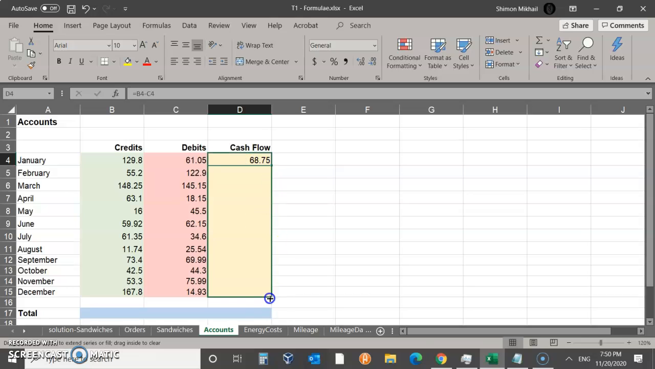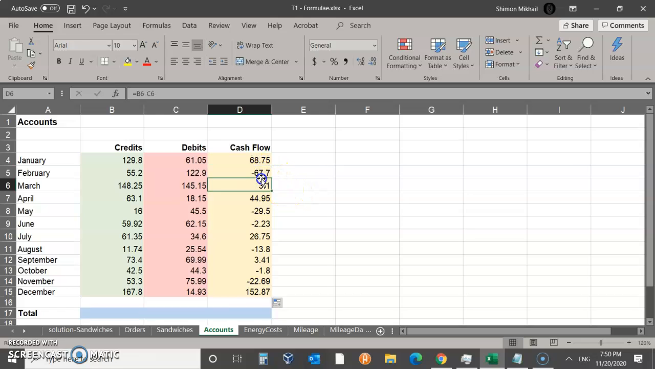So click on the cell, drag it down, and you can see some months we have a positive cash flow, other months we have a negative. Okay,